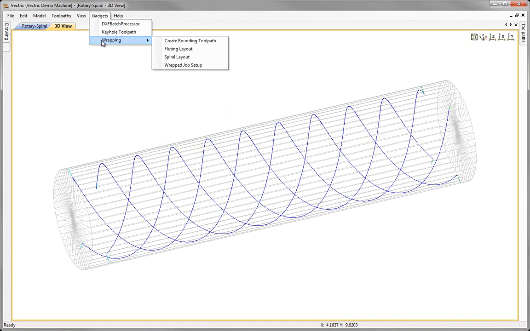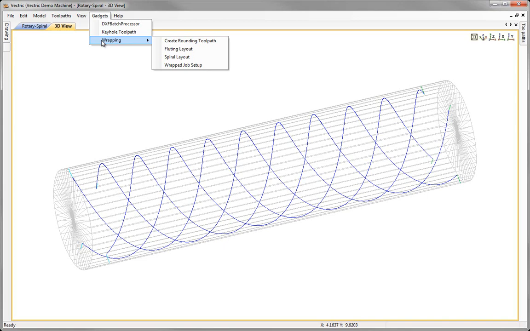I'm going to start by showing you how to do the wrap job setup, how to relate the part within the software to the way that your rotary axis is set up on the machine, for instance which of the linear axes is going to be wrapped around the rotary, also how to specify things like the diameter of the part you're cutting. We're going to look at the way that you're going to need to select a special type of processor when you come to save the toolpaths, and then we're going to work through a selection of examples